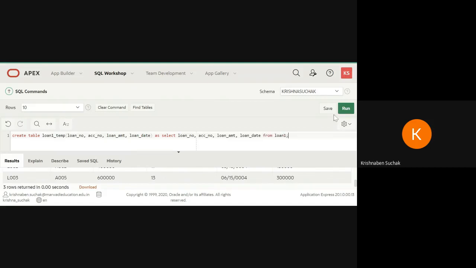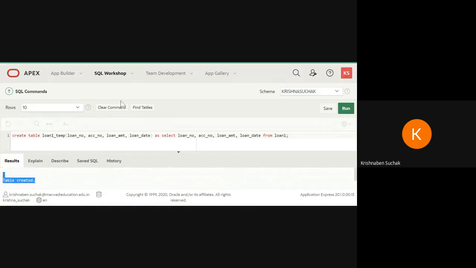Okay, so here we are creating the new table. You can see here the table is created. Now let us go to find tables and see whether the table is created or not. See, loan1 temp is created, and here I will check which values are inserted. Loan number, account number, loan amount, and loan date should be there.